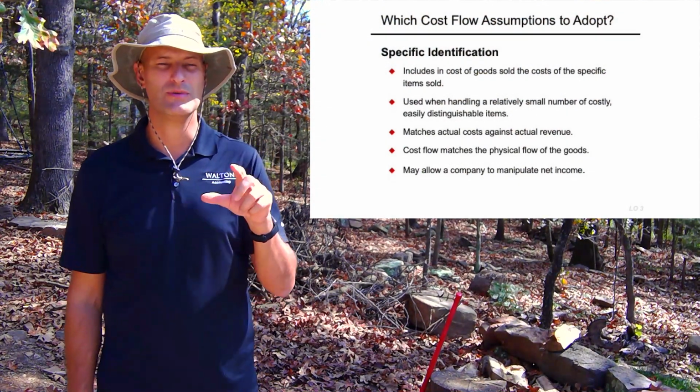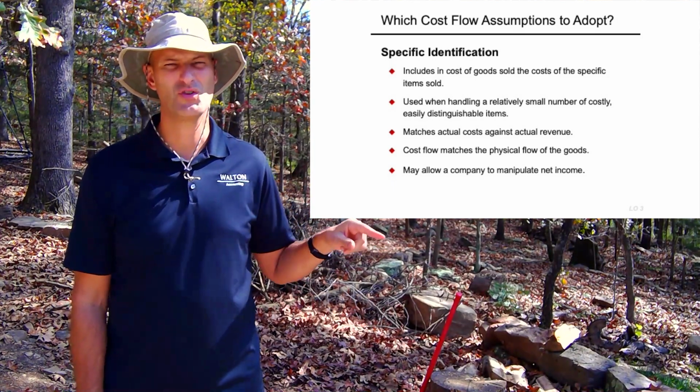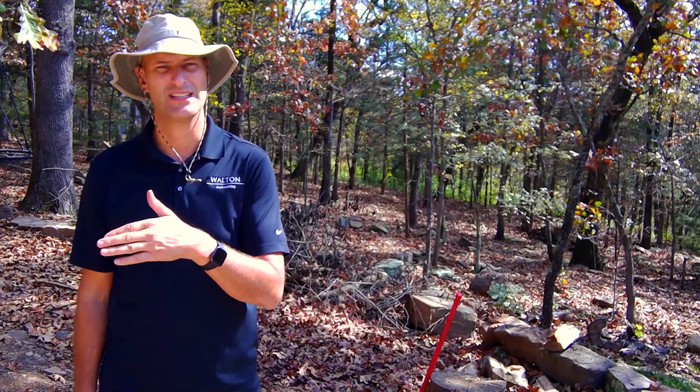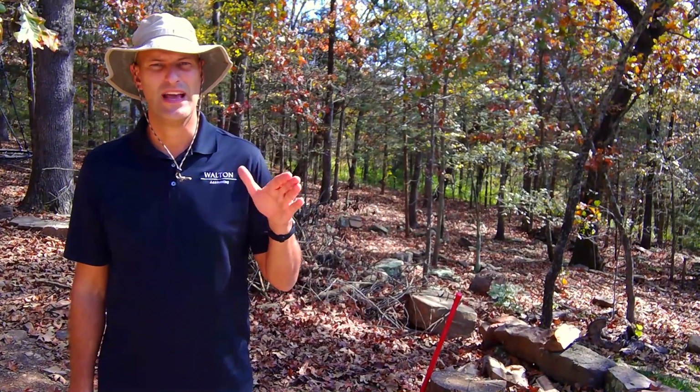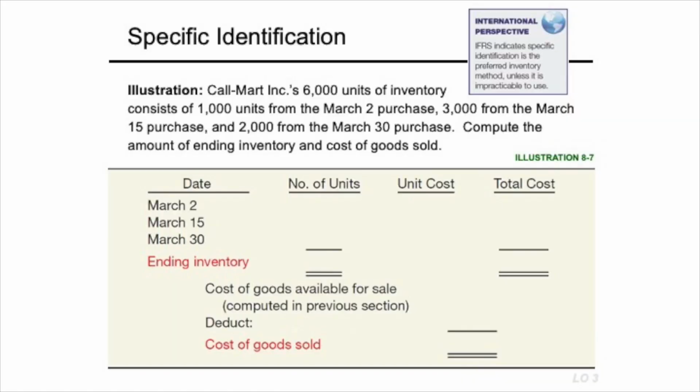Practically speaking, what we do is we say what's left in inventory. What are the specific costs associated with what's left in inventory? If it's not left in inventory, then it's obviously a cost of goods sold under our periodic system. So let's walk through that. So we count our ending inventory and we find that our ending inventory of 6,000 units